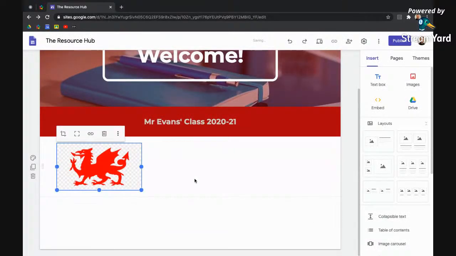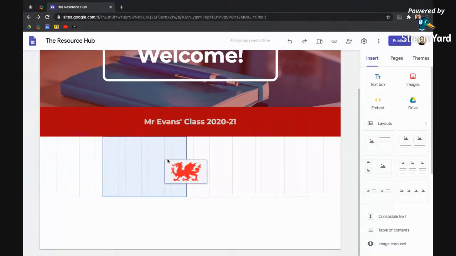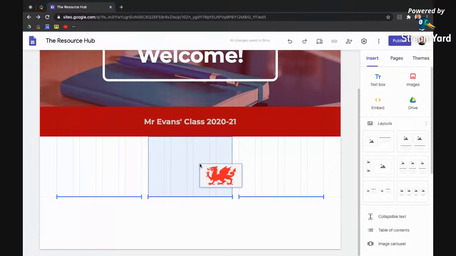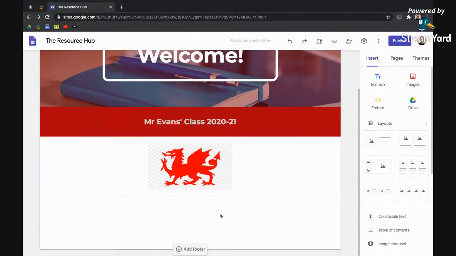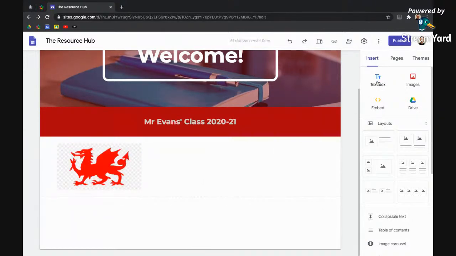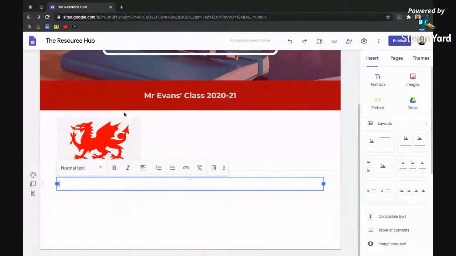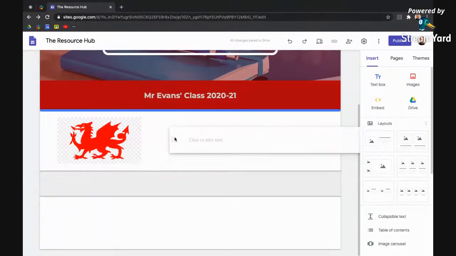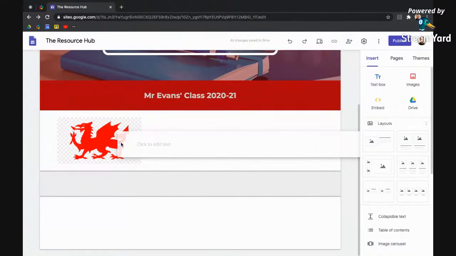I've placed that just below that next section. What I've got the option of is obviously to drag it. You can see my grid lines, my guidelines are there for me. And I'm going to place that dragon just underneath it there. Now, what you can do, perhaps I might place it over on the left and throw a text box in. Now, the text box, again, has gone into the section below. Using these eight dots over here, that's the move capabilities. If I drag that, hopefully,